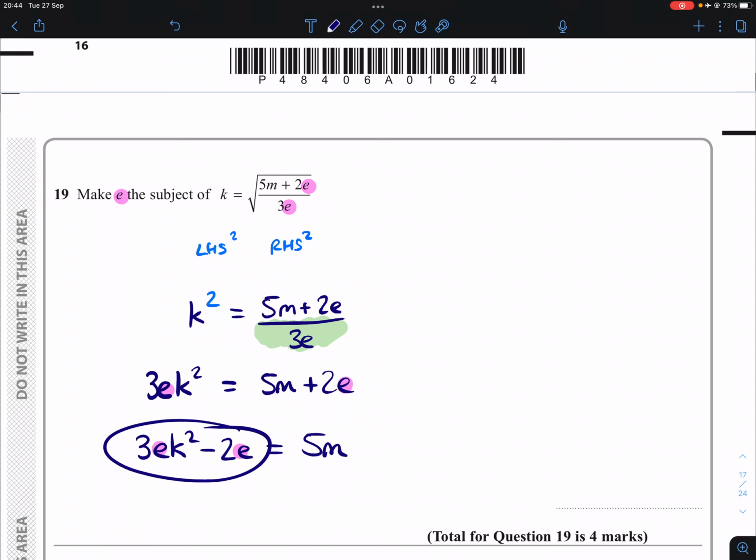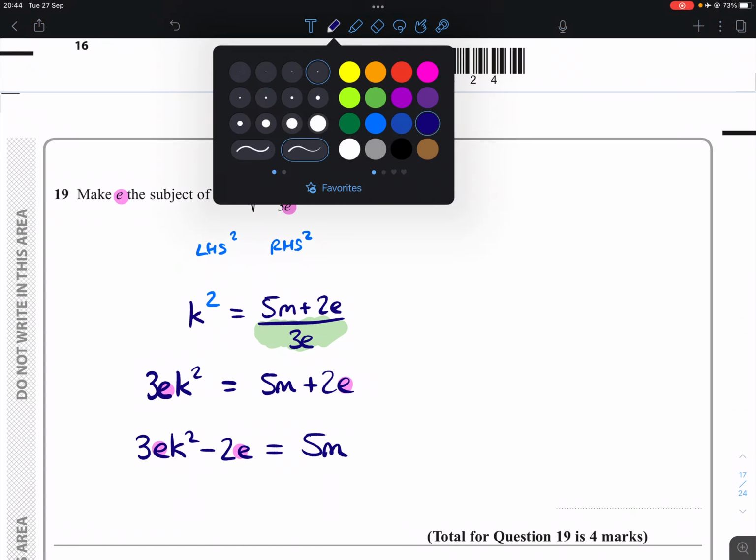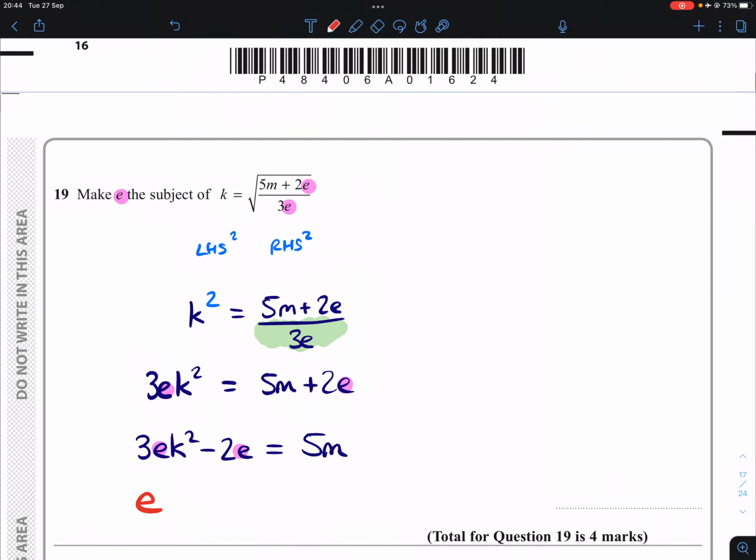Now these two terms will not mix together because of that other variable k squared in the mix. So you force the stuff together, or in other words you take e out as a common factor, which then allows you to have a single e term, and what won't mix will be inside the bracket, which is 3k squared minus 2. So all of that equals 5m,